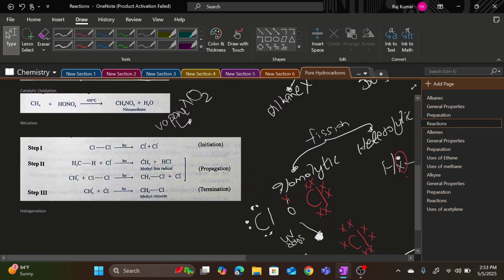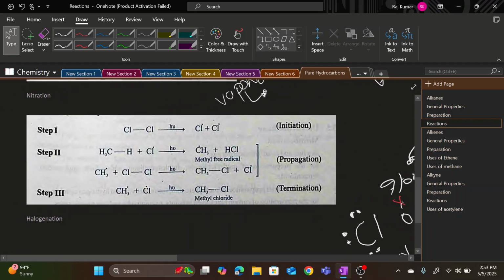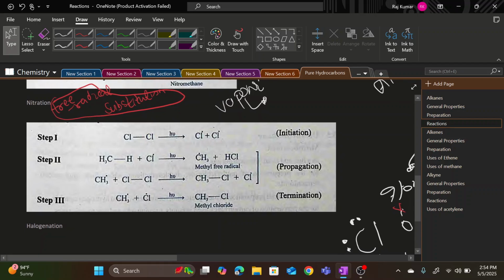Alright, let's just move on to this essential concept. Over here, if you discuss the halogenation process in alkane, that occurs through a substitution reaction, and that substitution reaction is a free radical substitution reaction. So why did I tell you the entire story of homolytic and heterolytic fission? Because the free radicals are formed through homolytic fission, and those free radicals are going to be used in this halogenation process. So let's just understand this.